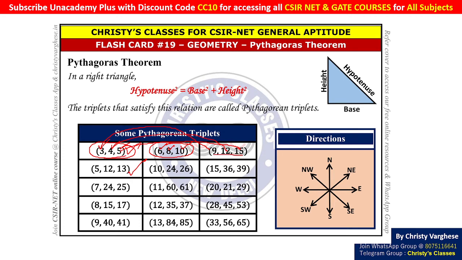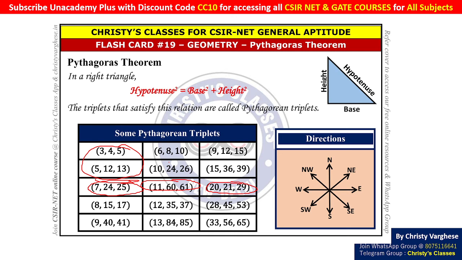And if you multiply by 10, what will you get? 30, 40, 50. That is also Pythagorean. You can check it: 30 square is 900, 40 square is 1600, adding it up you will get 2500, which is 50 square. That is satisfying this theorem. So any scalar multiple of a Pythagorean triplet, this property will help you to identify more Pythagorean triplets. That doesn't mean all Pythagorean triplets can be derived like this, because some are not derived from the above mentioned triplets. So the more Pythagorean triplets you know, many geometry questions can become easy due to that.